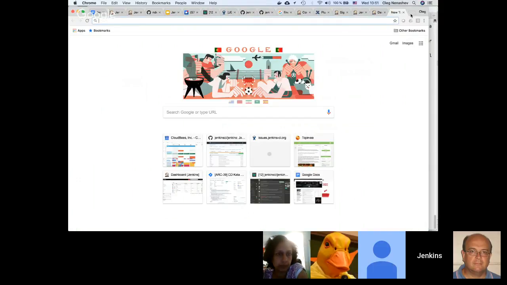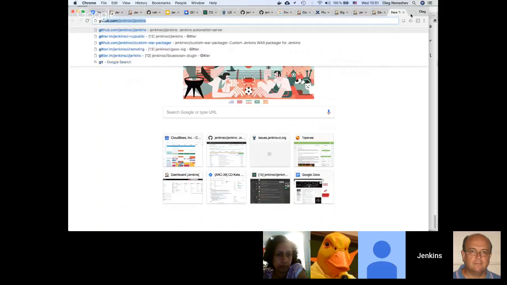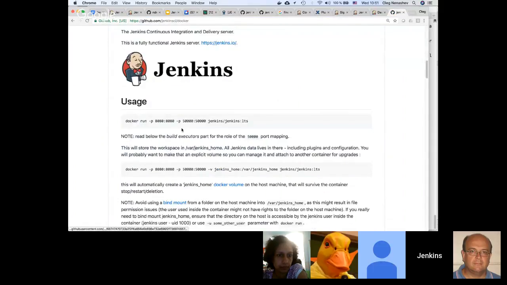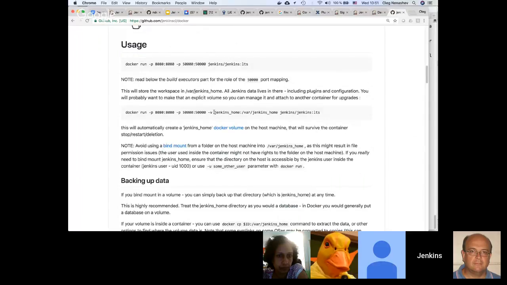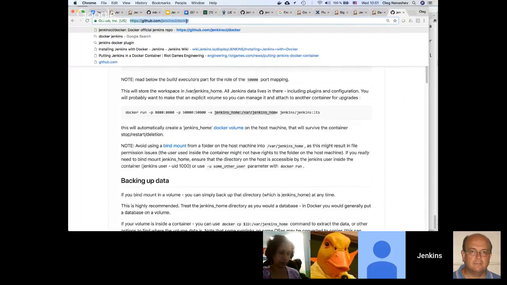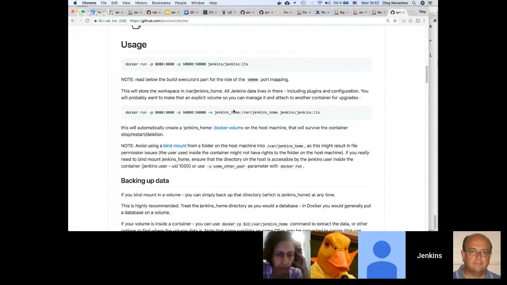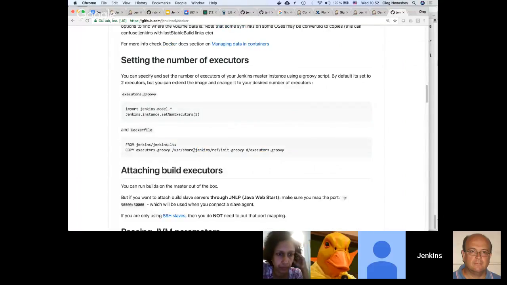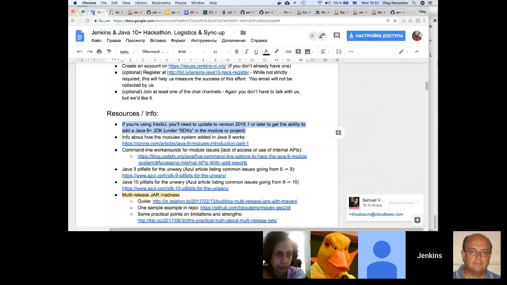And if you want to set up more flags, for example, if you want to configure initialization scenarios, or if you want to have mapping of Jenkins Home volume, you can just refer to GitHub Jenkins CI Docker. It's our standard Docker image, but all experimental versions for Java 10 and 11 are compatible with that. So you just follow these guidelines and set up whatever you need to get your own environment. And that's useful.